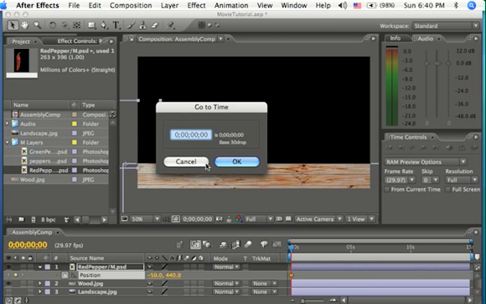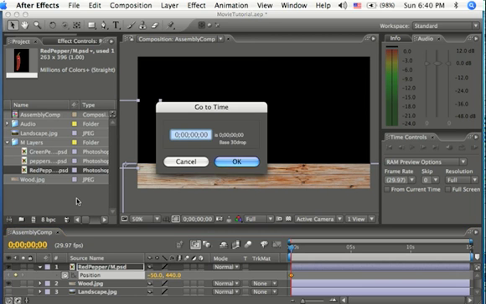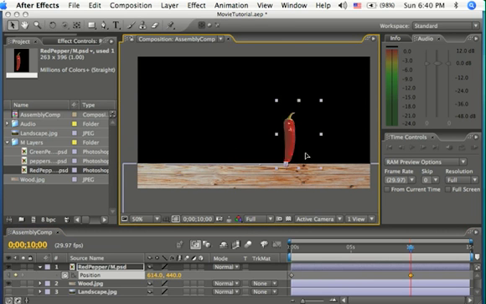I don't want to always have to click that to get that window, so the quick key is Option Shift J. And I can type in exactly what it said. If I type in 1000, that is 10 seconds, 0 frames, and in this case it sends me right to the 10-second mark. Now I can grab the pepper, slide it all the way over,